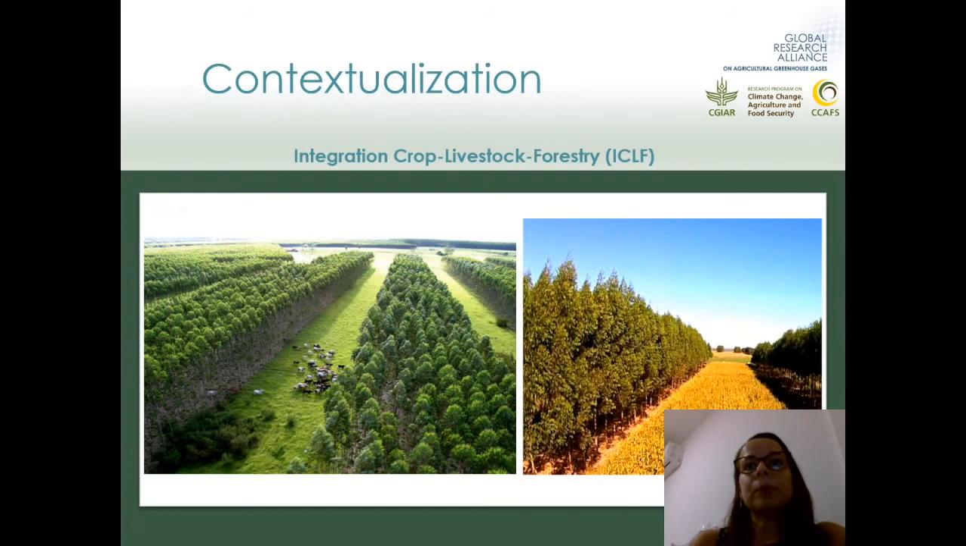So this technology, integrated crop-livestock-forest, has in the same area 3 components: annual crops, pastures with animals, and forestry. So the components can have benefits between each other, such as nutrient cycling, protecting the soil quality, and carbon storage in trees